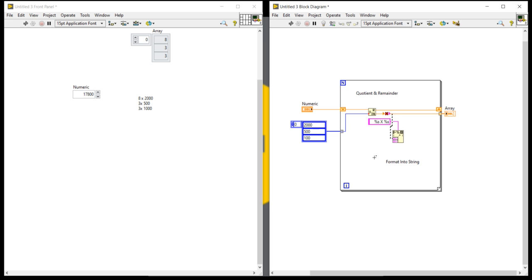Sorry, I can write f here, float. Let's see how it will look.